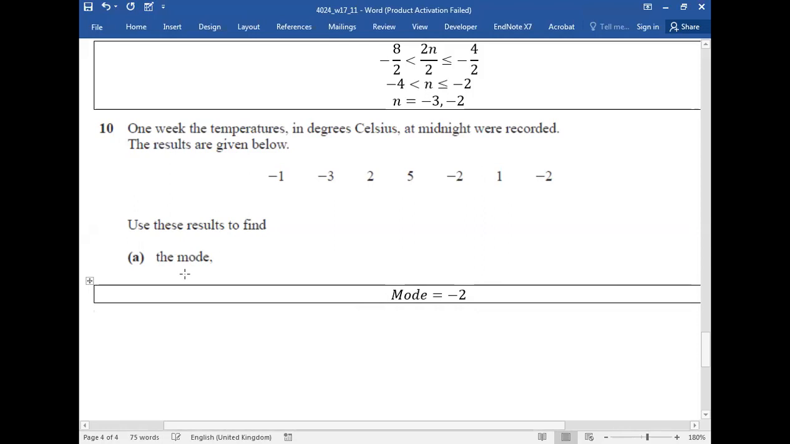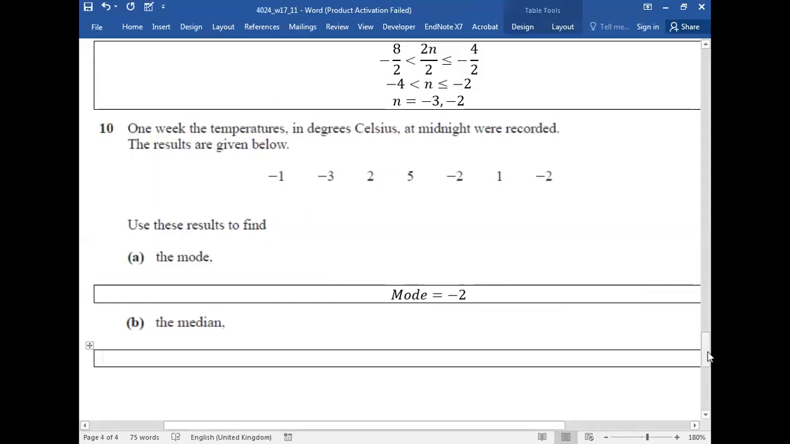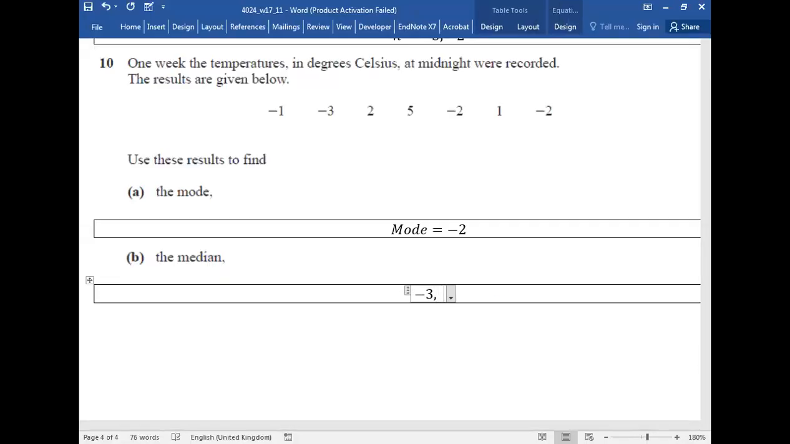And then the question says median. What is median? Median is a middle value, and you get the middle value once you arrange the data in either ascending or descending order. Middle stays the middle. Please arrange this data. You get -3, then -2, -2,